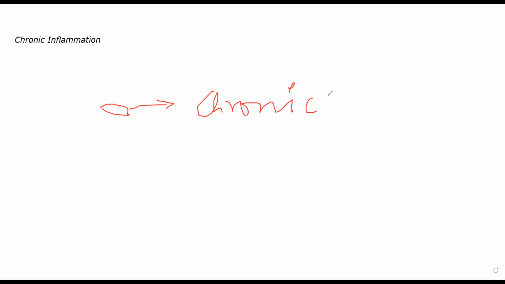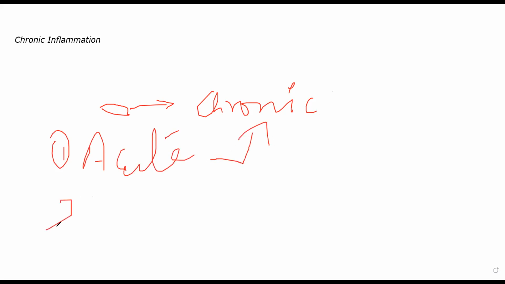Chronic inflammation तीन तरीकों से हो सकता है. One is it is following acute inflammation. ठीक है? So acute then chronic हो सकता. That is one way. Or else there are recurrent attacks of acute. Again and again, a patient is having the same type of acute inflammatory reaction. Let's suppose there is a particular type of disease or a particular type of infection that the person is getting again and again. That will be repeated bouts or repeated attacks of acute inflammation.